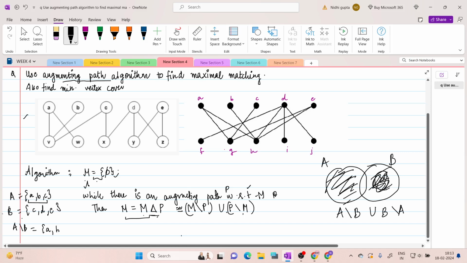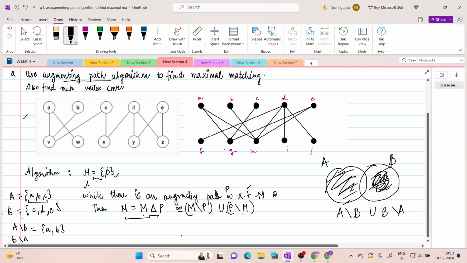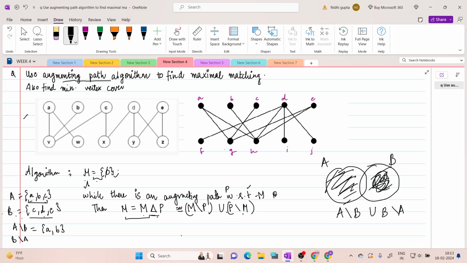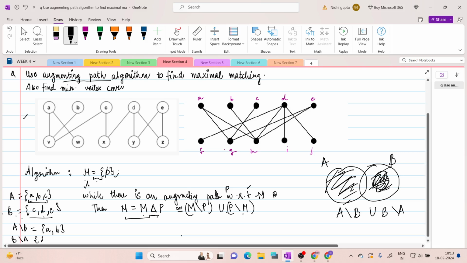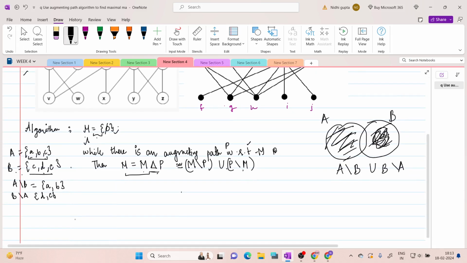Just AB, right? And what is B minus A? It refers to all those elements of B which are not present in A. So this will be DE. And A symmetric difference B will be